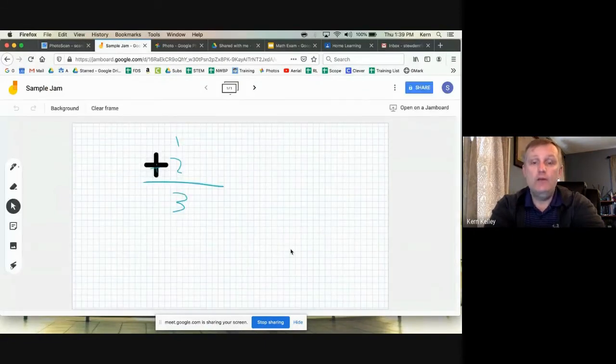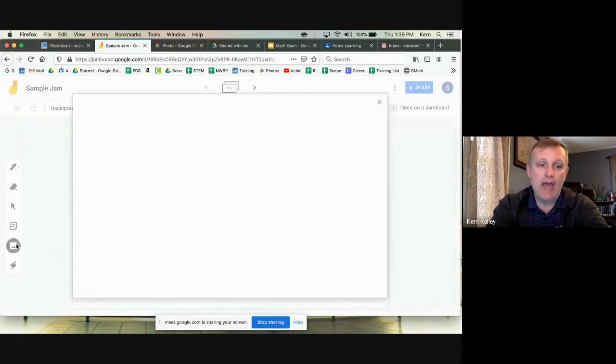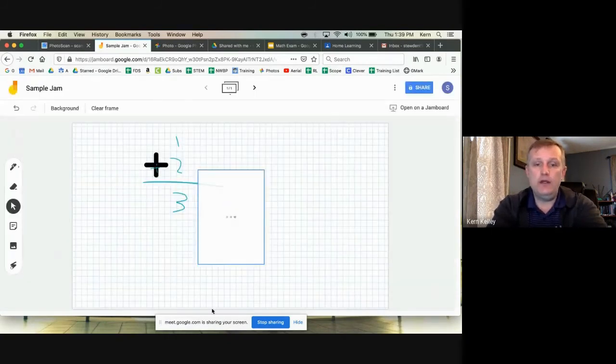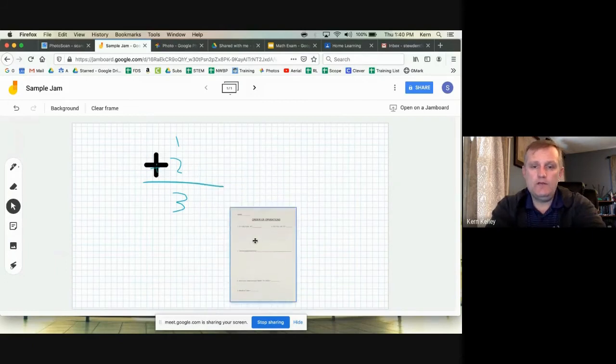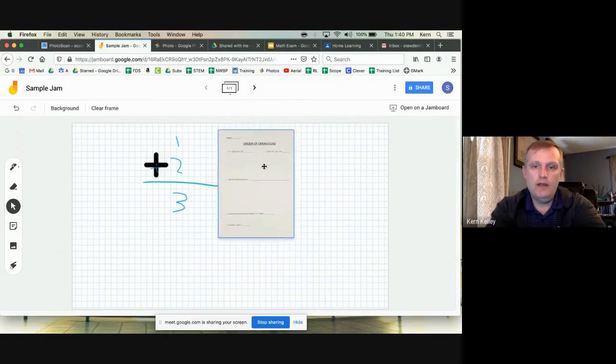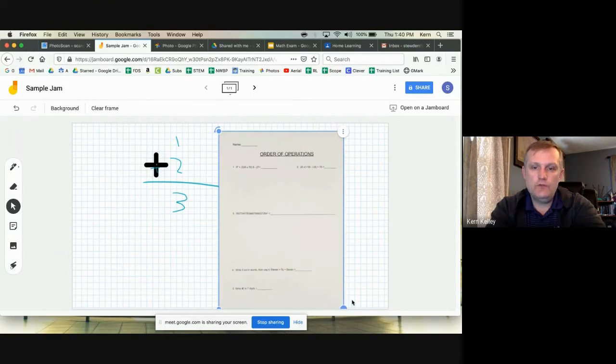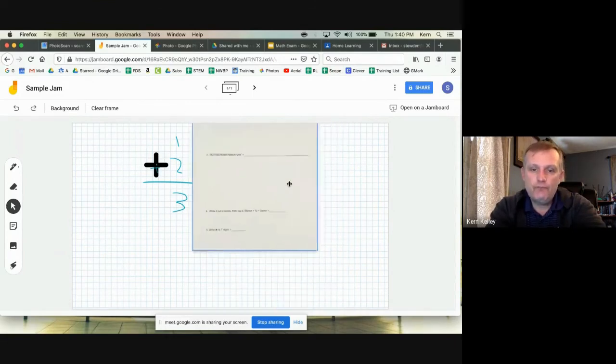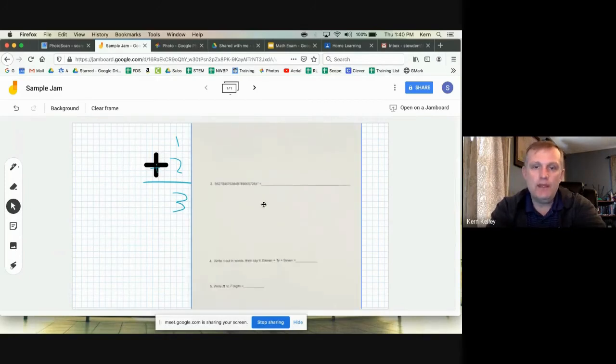So I wanted to put that document we took a photo of. Over on the left side here, there's a little add image icon. Click on that. I can go to my Google Photos. So here's the one we just took. Okay, I want to add that photo into my Jamboard here. Here it is. And again, I can resize it and play with it. A little bigger that way. There we go. So even if I wanted to just do a section of it, I can make it big enough to do one problem here.